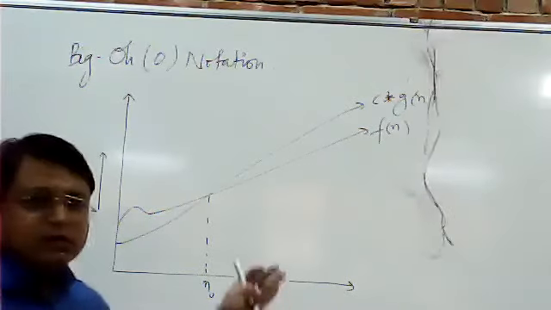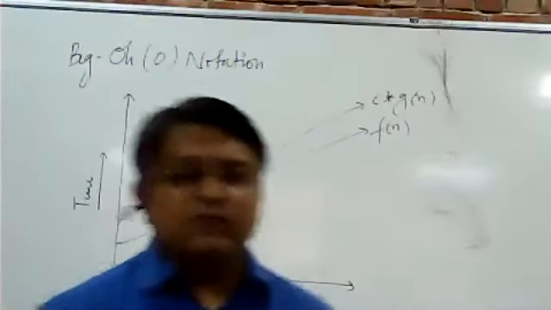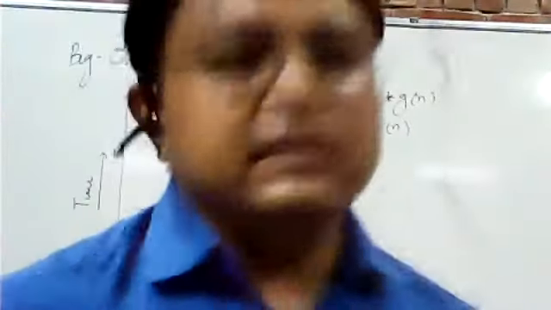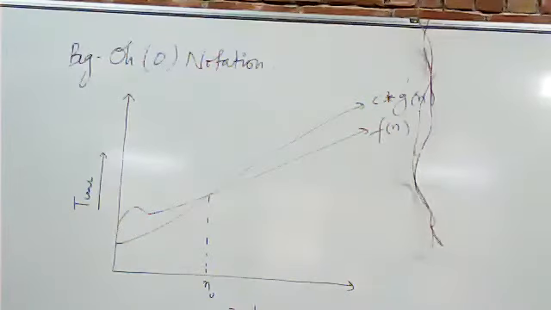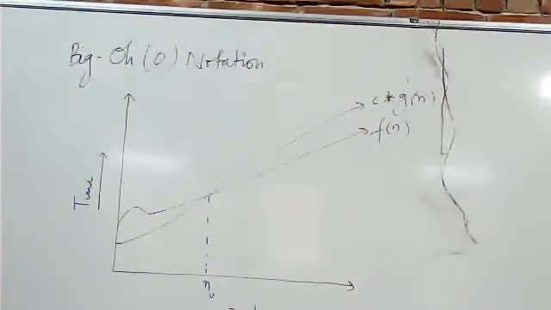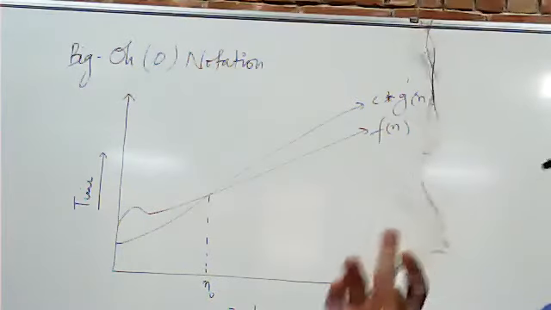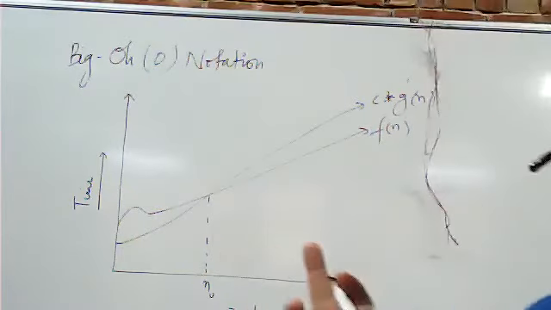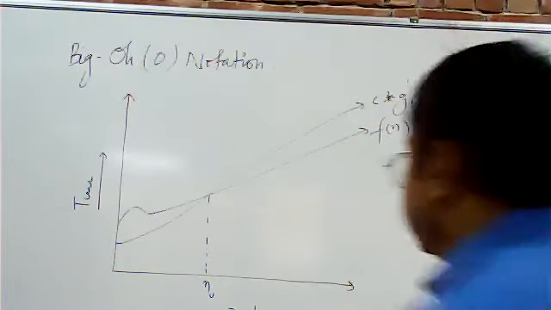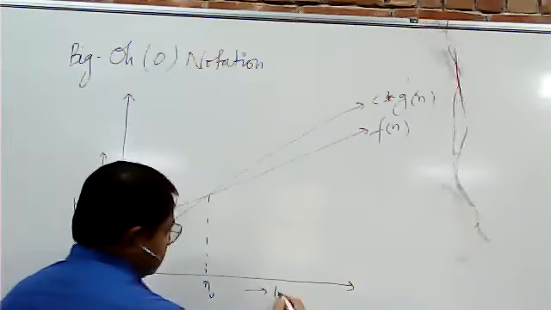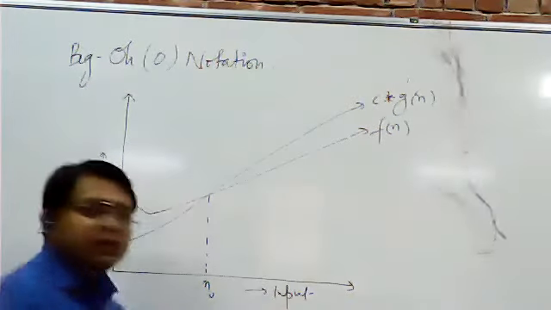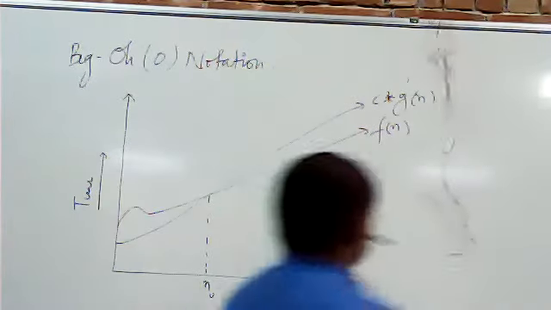Now, what is F(n) and what is G(n)? F(n) is a function in terms of input size. This is the actual running time of the algorithm. So how do we see F(n)? Have you drawn this figure, all of you? Here it is input. Okay, so what is F(n) now?